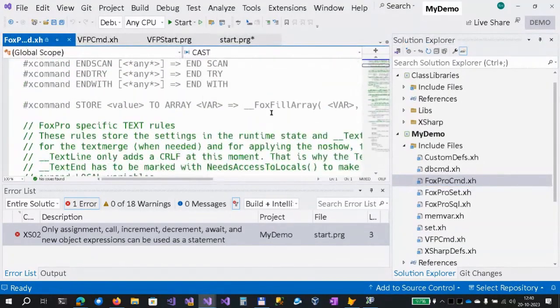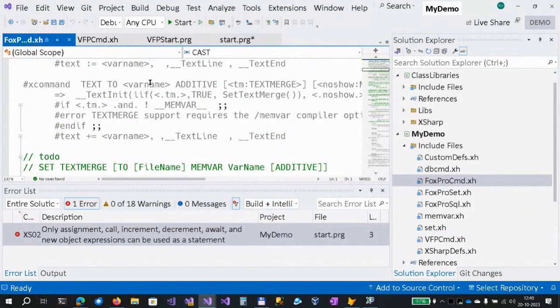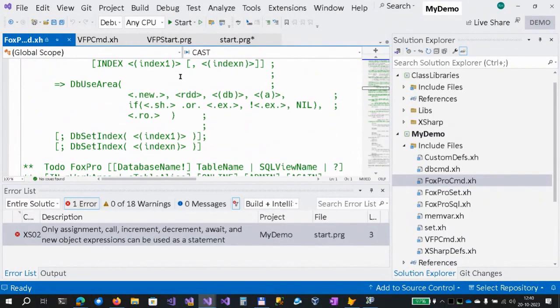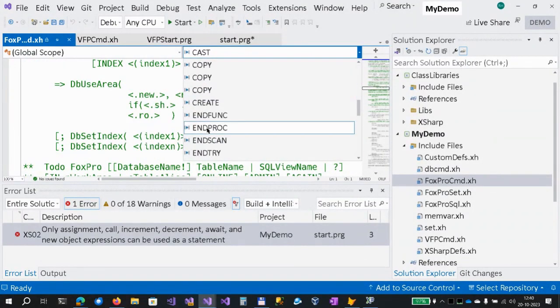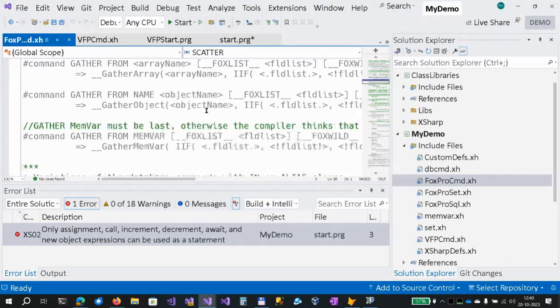Here, for example, you will see that commands like text are processed this way. The rules are quite complicated, so there are many in here. You see store, scatter, all of these are basically defined as preprocessor instructions and get compiled into function calls.